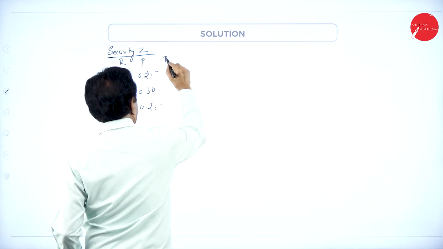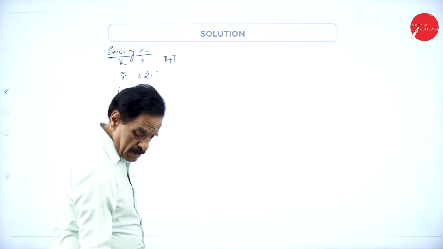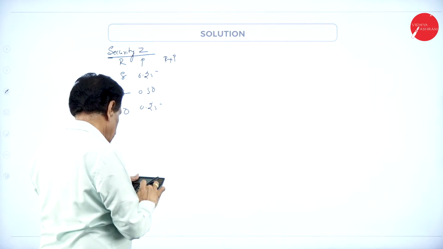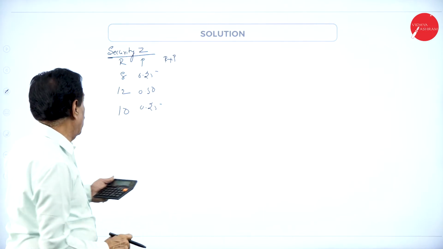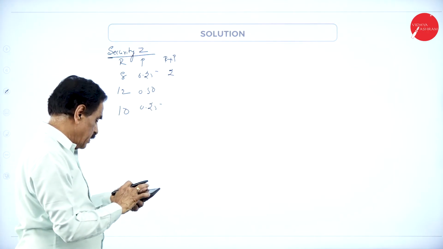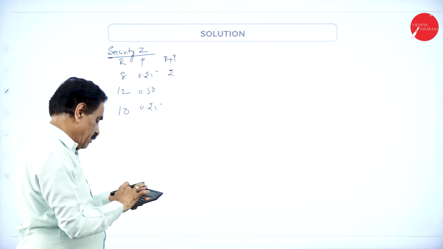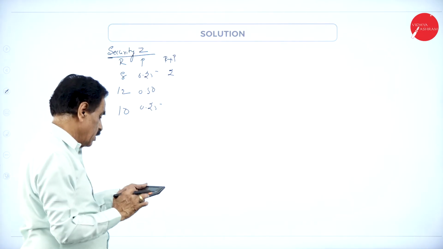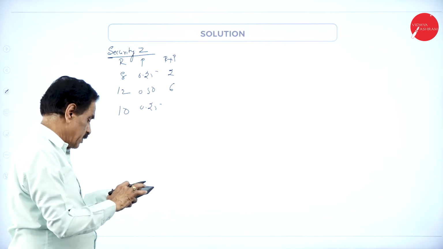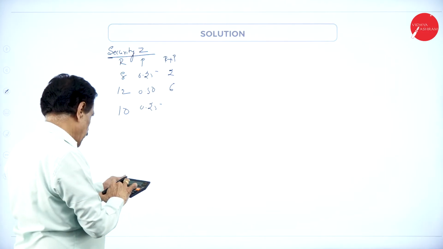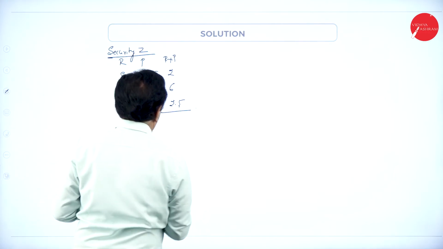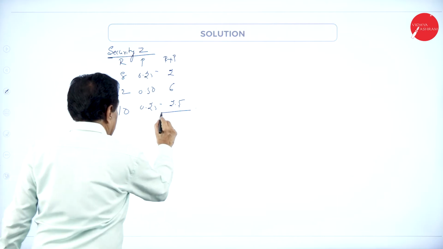Multiply R into P. 8 into 0.25 is 2. 12 into 0.50 is 6. 10 into 0.25 is 2.5. Add the figures, expected return